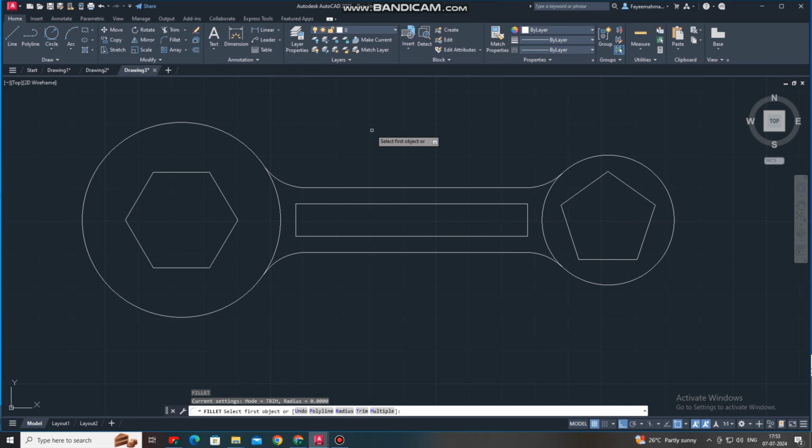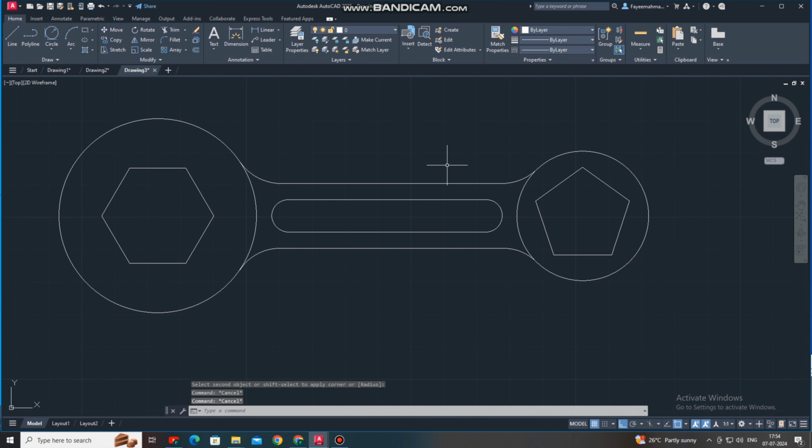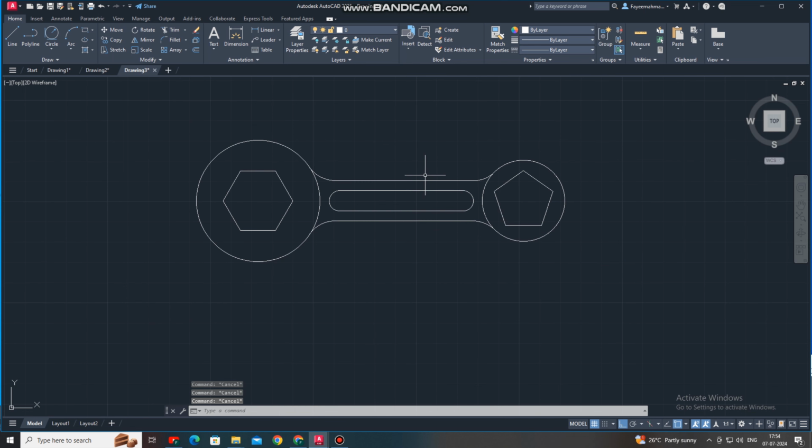Now it's time to make the fillet. So go for F for fillet. Here it will ask radius, so we will keep it 5 mm. Now we select this line and this line. We will again select this one. So fillet will be create. Select this line, press with enter key. So we will use similar command. If you use the same command multiple times, we will press enter key.